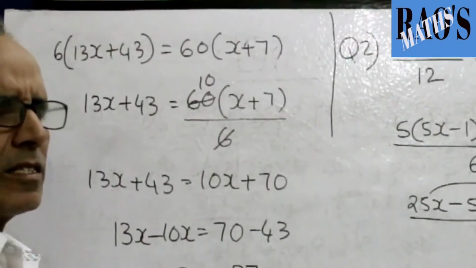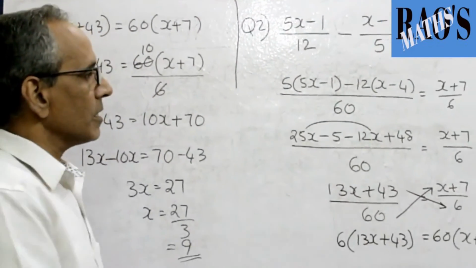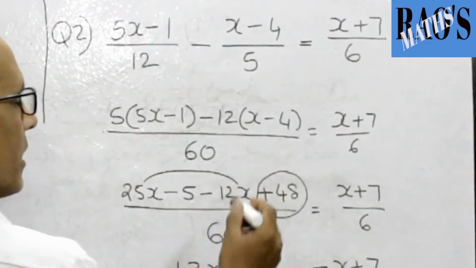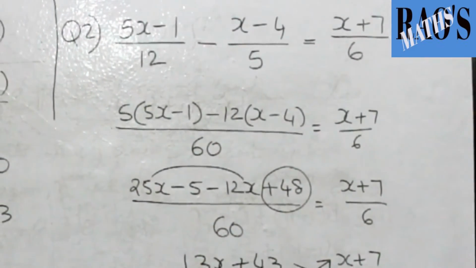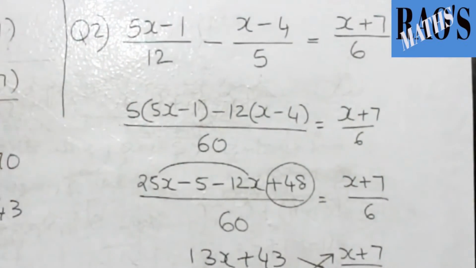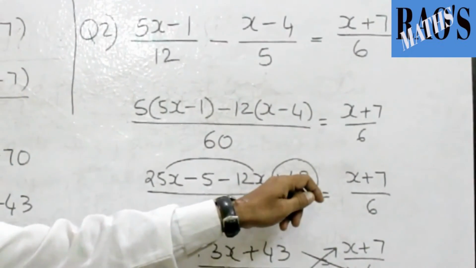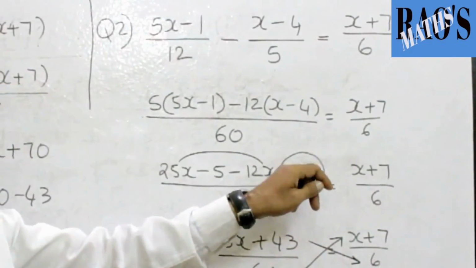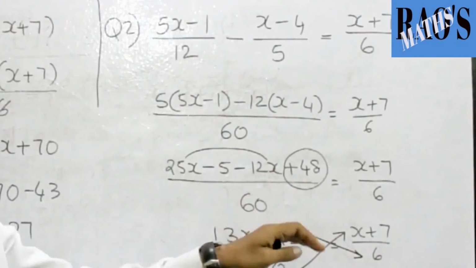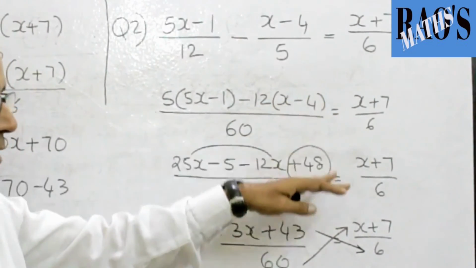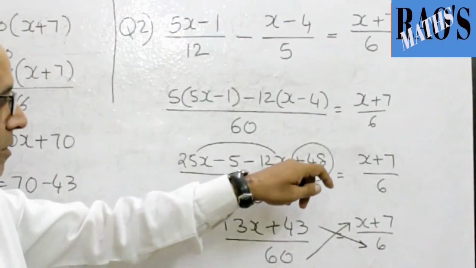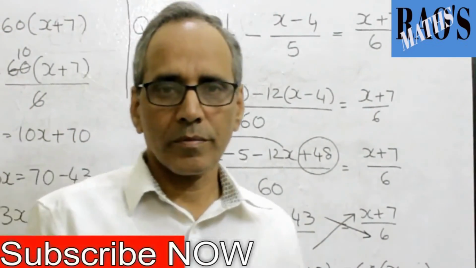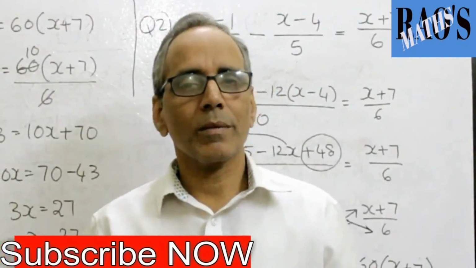By taking a simple precaution, that is, this is the place of danger. Instead of writing plus 48, at least 4 out of a class or 5 out of a class answer this as minus 48. So during evaluation also, teachers focus only on this area, whether you open the bracket perfectly or not. If it is plus 48, they continue evaluating your answer. If it is minus 48, there is no question of evaluating further. Entire answer will go wrong. So these are the end questions of non-verbal questions.